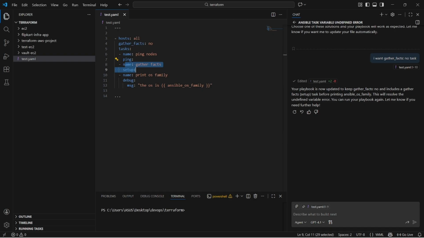I think what we learned today, we learned tags. After that we learned gather fact and we learned debug. I think that's it for today. In upcoming sessions we are going to learn the